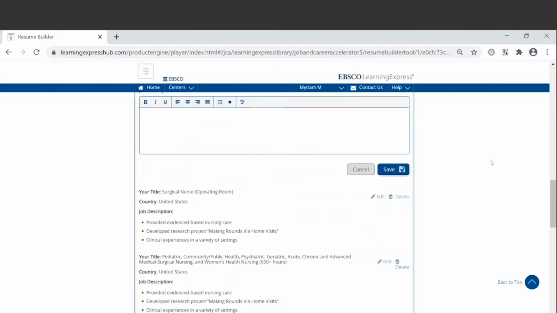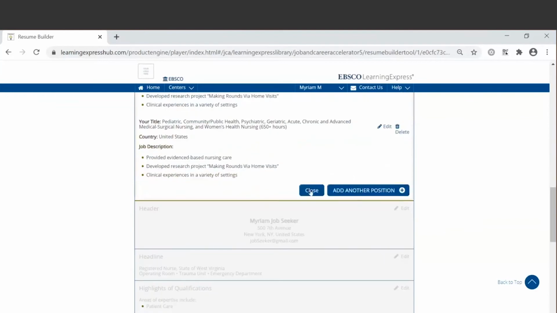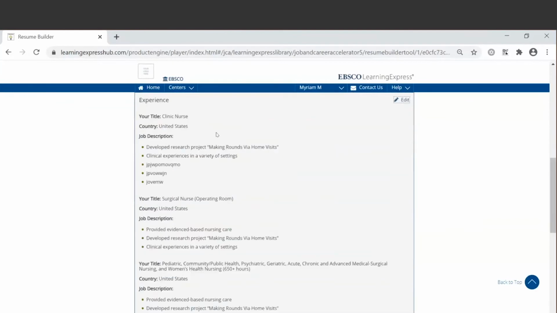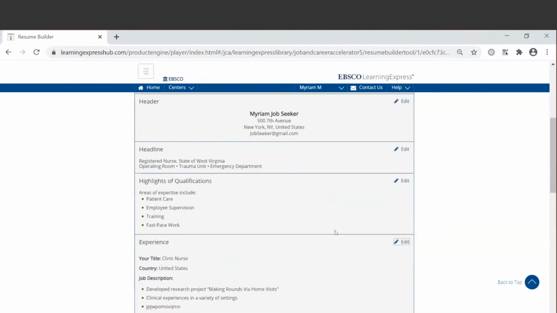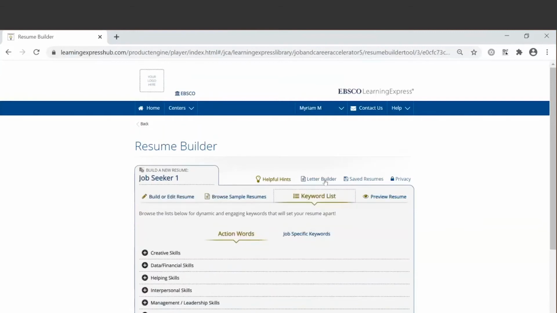Save it. Let's close. And as you can see, what I've just put in, it's there. And so we also have provided a keyword list of 750 action words and 25,000 job-specific keywords.